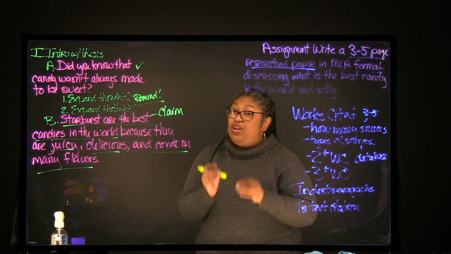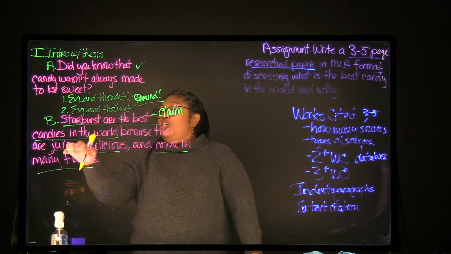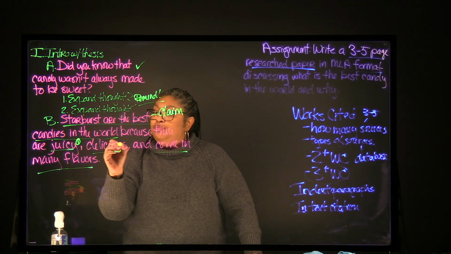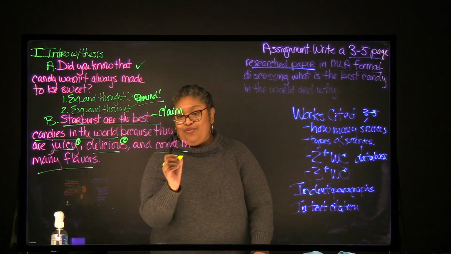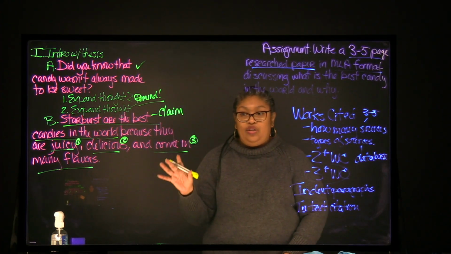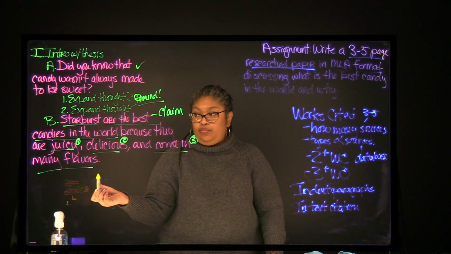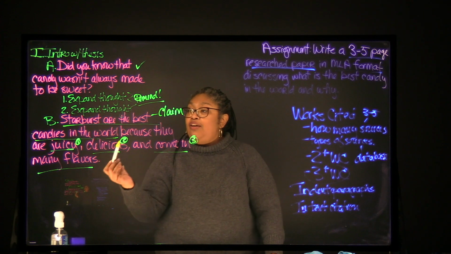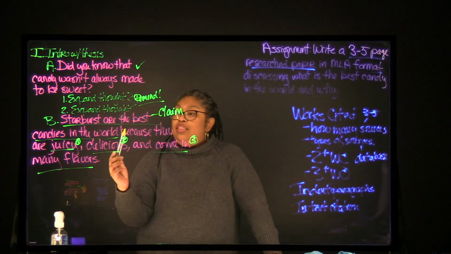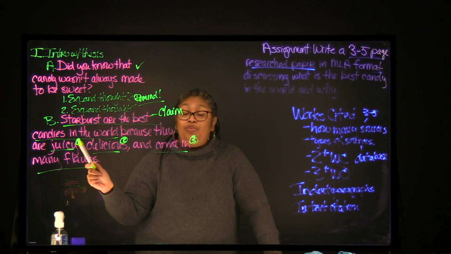Just depends on the assignment and depends on the professor, okay? So you've got to ask that question. So we have 3 things, and I'm going to say this is paragraph 1, body paragraph 2, body paragraph 3, all right? Why is it 1, 2, 3? Because you've listed them in this order. Let's say I listed delicious, juicy, and comes in many flavors. That means delicious would be the first body paragraph I talk about, and juicy would be the second body paragraph